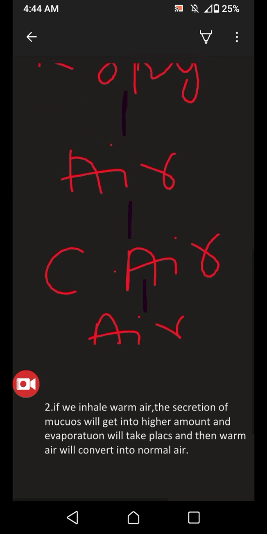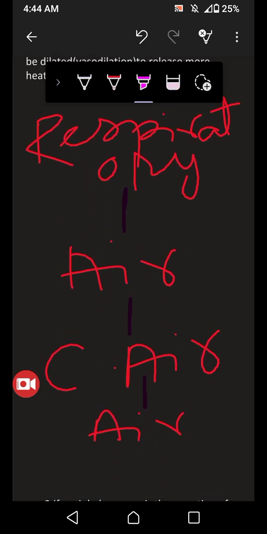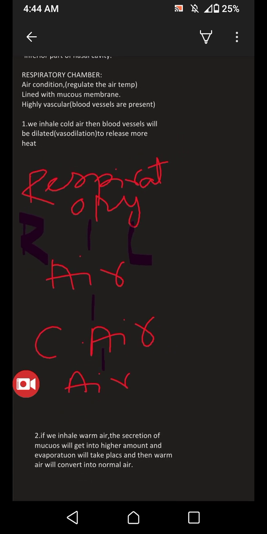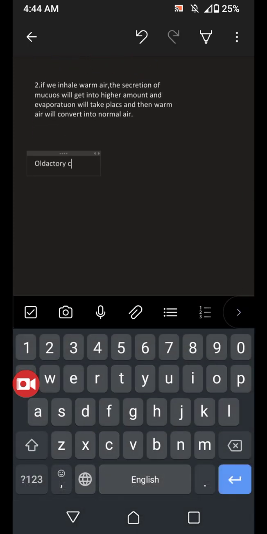Then, basically, we have two nasal cavities. I just forgot to tell you over here. We have two nasal cavities. The first is the one on the right side and the second one on the left side. Okay, and the vestibular chamber. Okay, so let's talk about the